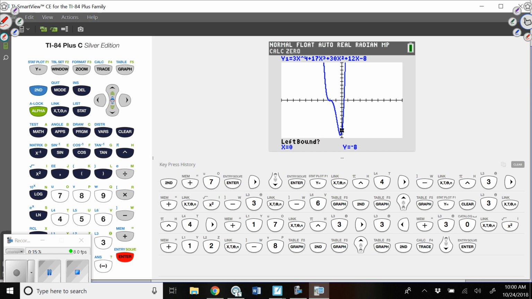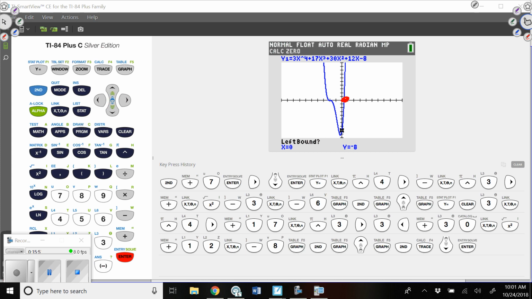All right, now the calculator needs a little direction. It's not as intuitive as we'd like it to be. It says left bound. Okay, see my cursor's kind of flashing on there? So if I want it to find this point right there,